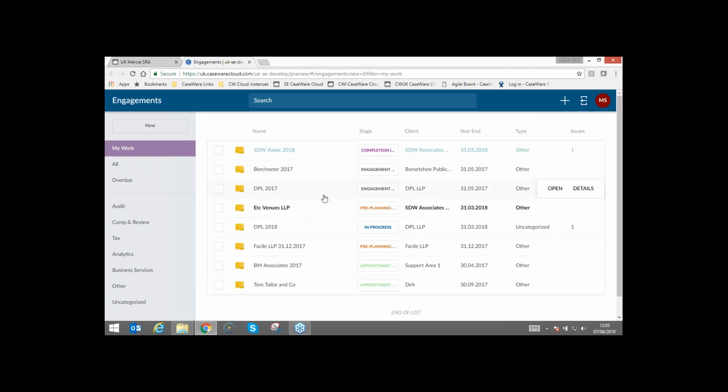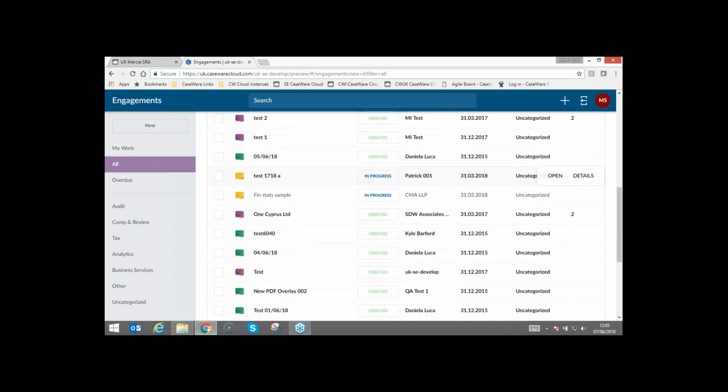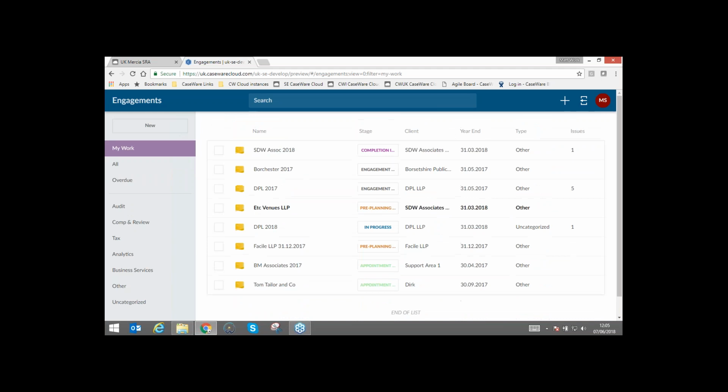This gives us a list of all of my engagement files, regardless of whether it's a Mercia SRA, HAT SRA, or it could be working papers. So we can actually link this to our working papers as well. What this will do is give us the ability to start tracking whereabouts we are with each individual file. Now at the moment I'm showing up just my work, but I could see all of the work available to individuals. So this is all of the work going on within my firm, and